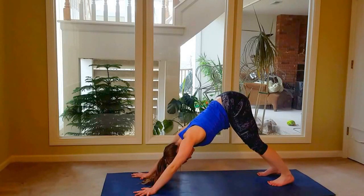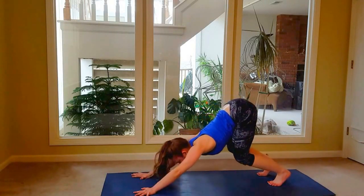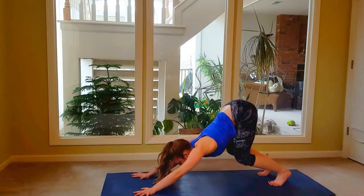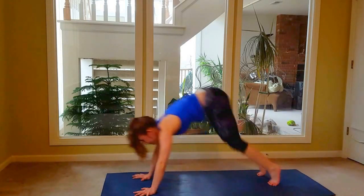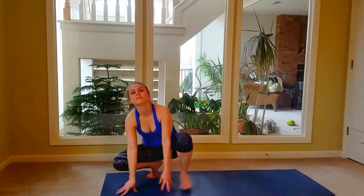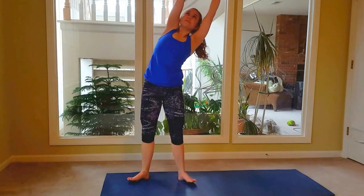Letting that tailbone reach up toward the sky. Big exhale, step or hop the feet up to meet the hands. And you want to widen out your stance here, so your toes are going towards the outside edges of the mat. We're going to bring the hands together in prayer at the heart center. Keep your elbows wide with your knees. We're going to start to